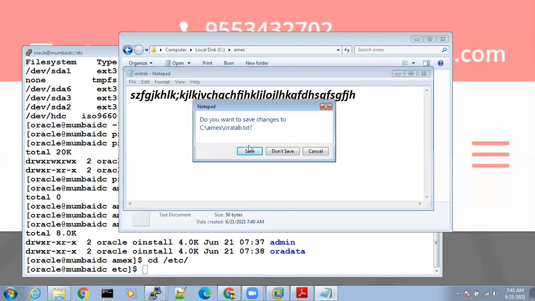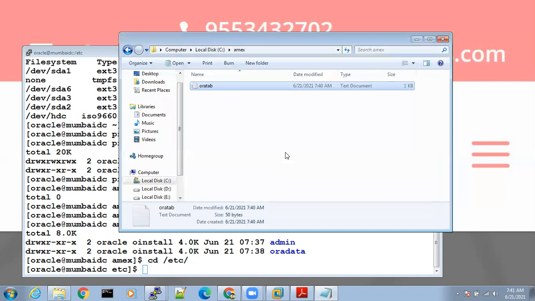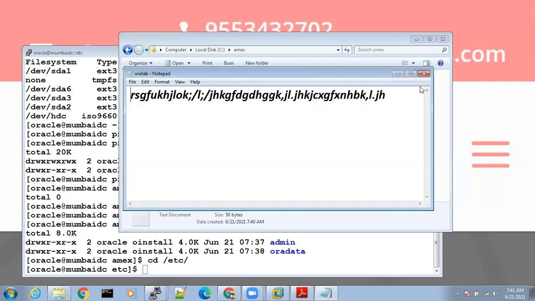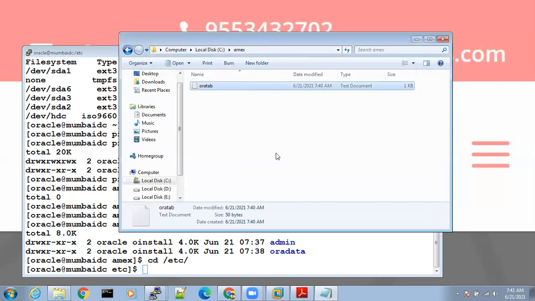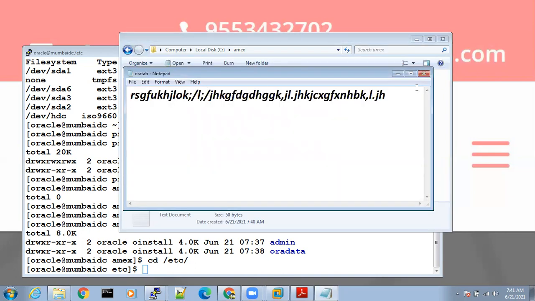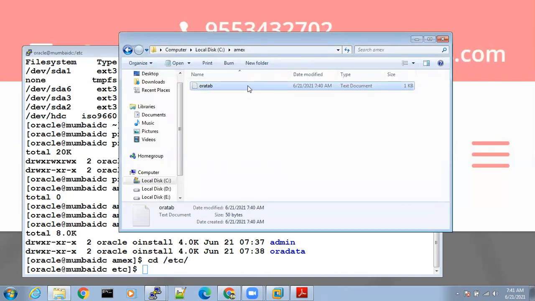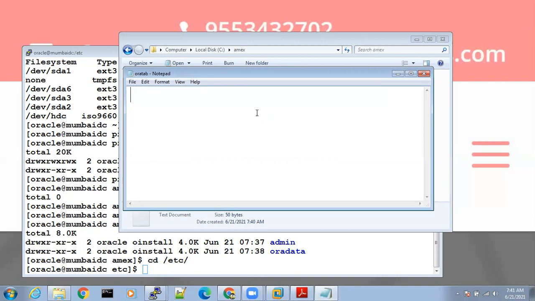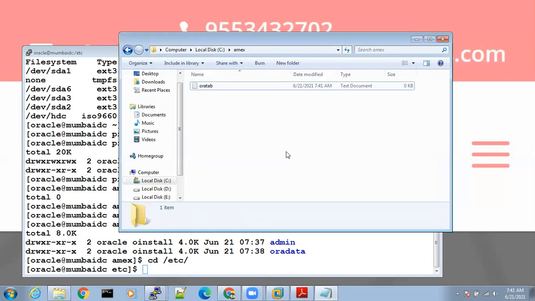It will ask you whether to save or don't save. Just click on Don't Save. You see, the old one is there. Okay, the new one is not there. Just do like this. Click on Don't Save. Okay, it will not be saved. Okay, done.